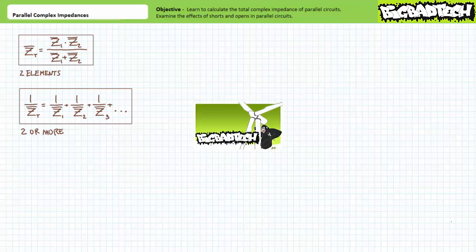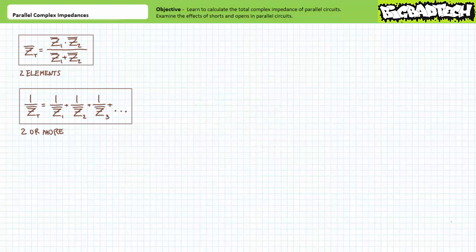This lecture operates under the presumption the viewer has watched the Series Complex Impedances lecture, available at the Big Bad Tech channel. If you haven't watched this lecture yet, or only dimly recall its contents, please take the time to do so now. During the course of the Basic Electronics 1 DC Circuit Analysis playlist, available at the Big Bad